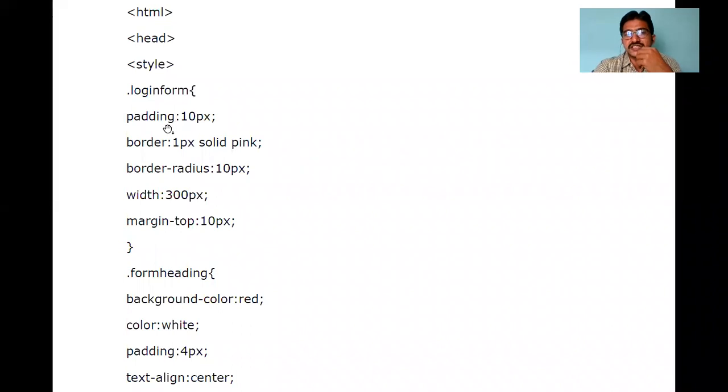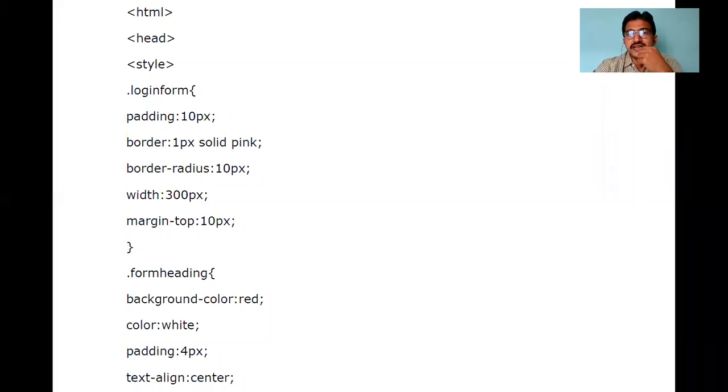What declarations have we given in the style? Padding is 10 pixels. Border is 1 pixel solid pink. Border radius is 10 pixels. The width is 300 pixels. Margin top is 10 pixels. These are the minimum style declarations we have given for a class called login form.